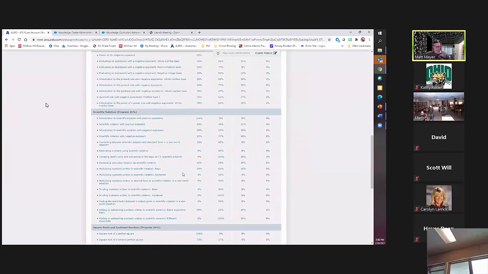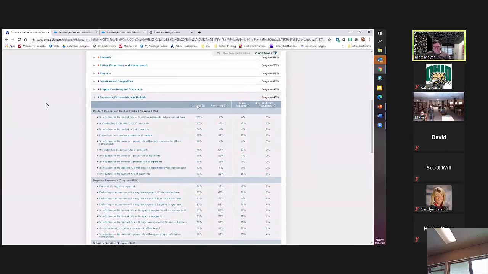Right? You can see, so then the cool part in here is seeing progress, remaining, ready to learn, and attempted not learned. So obviously students are doing really well here. They're doing very well on introduction to the product rule of exponents. When we go down to understanding power rules of exponents, you can see, right, this progress is telling me